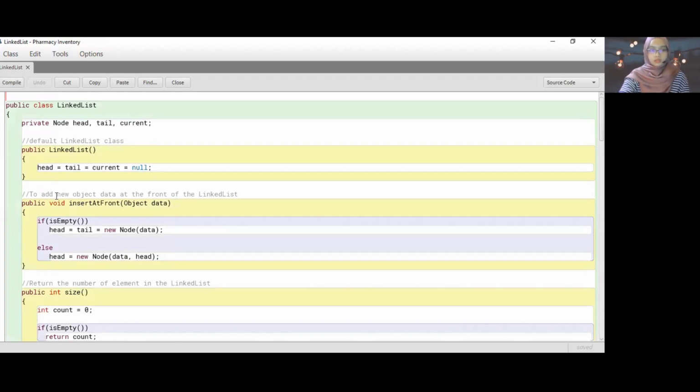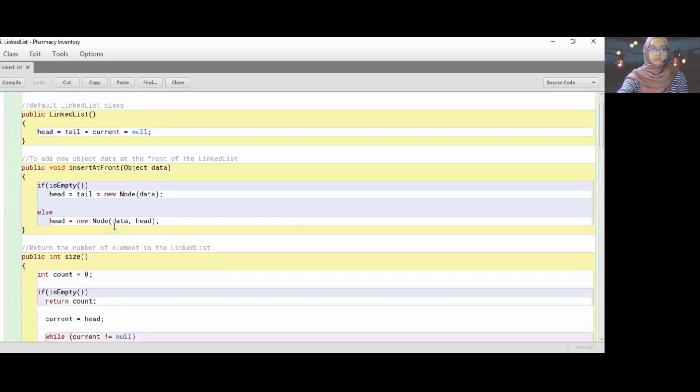And then to add a new object data at the front of the linked list, we use insert at front with the object data, which happens when we use if the list is empty, head equal to tail equal to new node with the data,